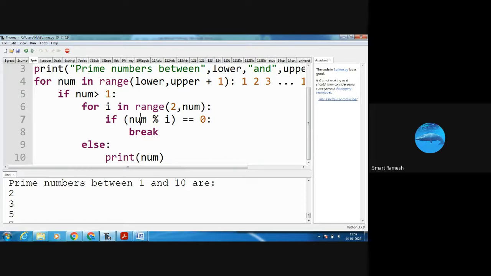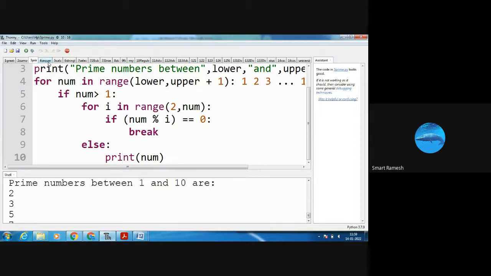Condition false means nothing is executed. So again it goes to the for loop. Here condition false means it comes to the else block. Here in the else block 3 is printed. Next time 4, like that it will execute.